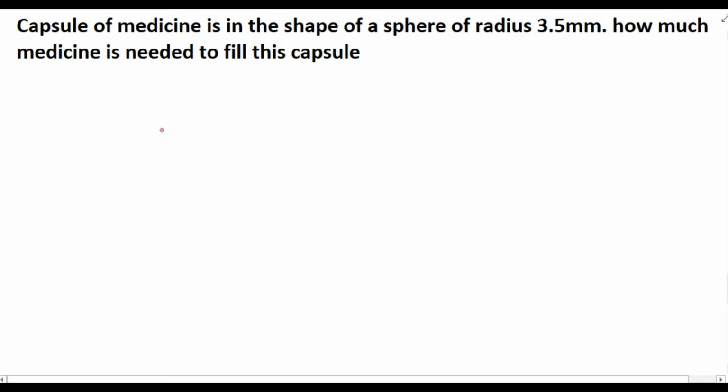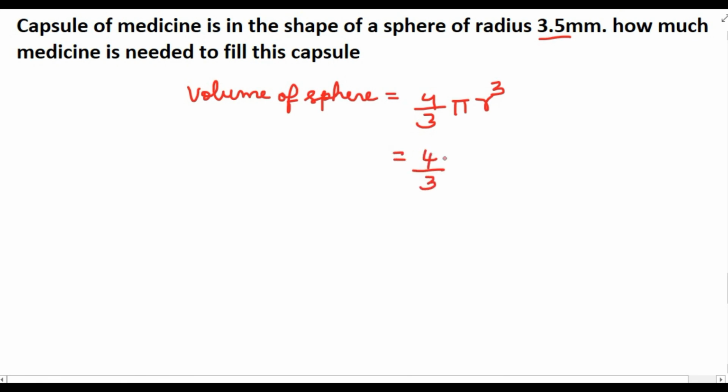Next question: a capsule of medicine is in the shape of a sphere of radius 3.5 millimeter. So the radius is given as 3.5 millimeter. How much medicine is needed to fill this capsule? We can write the volume of the capsule. The medicine needed to fill this capsule is the volume of the sphere, since the capsule is in the shape of a sphere. Volume of sphere is equal to 4 by 3 pi R cube, so 4 by 3 into 22 by 7 into 3.5 the whole cube. So the answer is